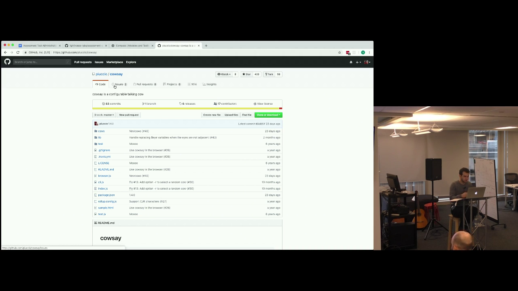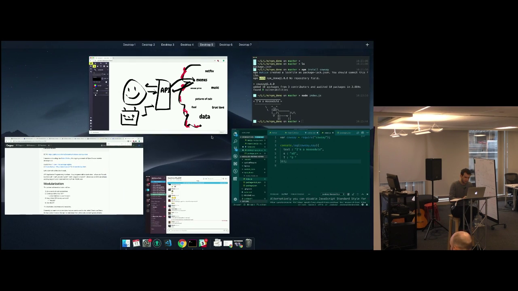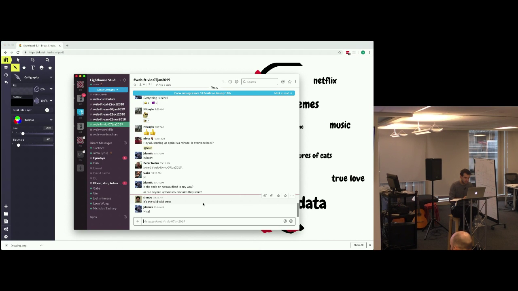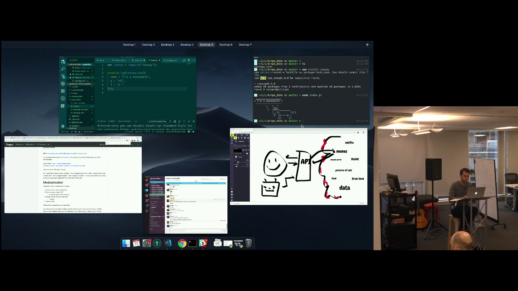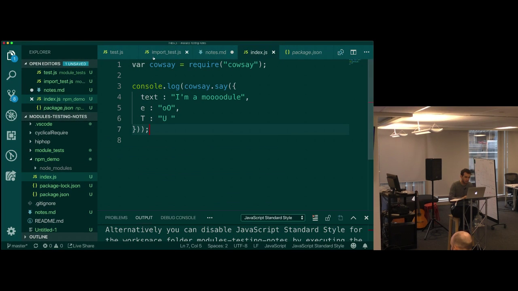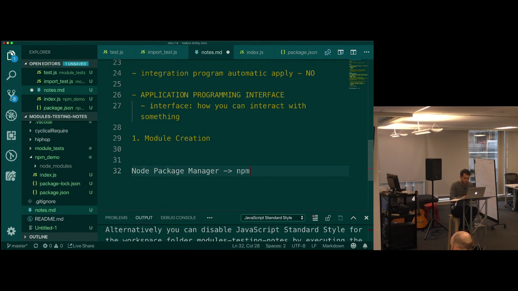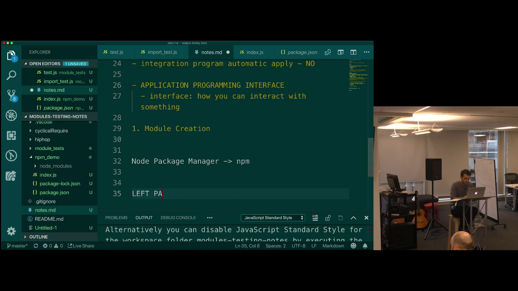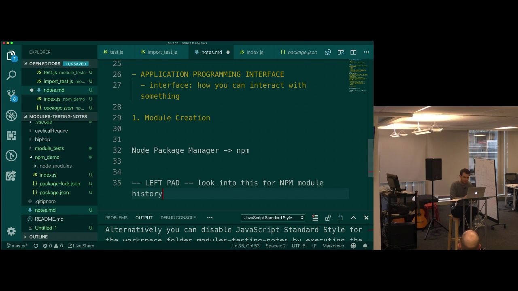How much trust do we have? That's a really interesting question, and I do suggest looking into something called left pad. Look into this for npm module history. If there's a little bit of time at the end, I'll talk about left pad.